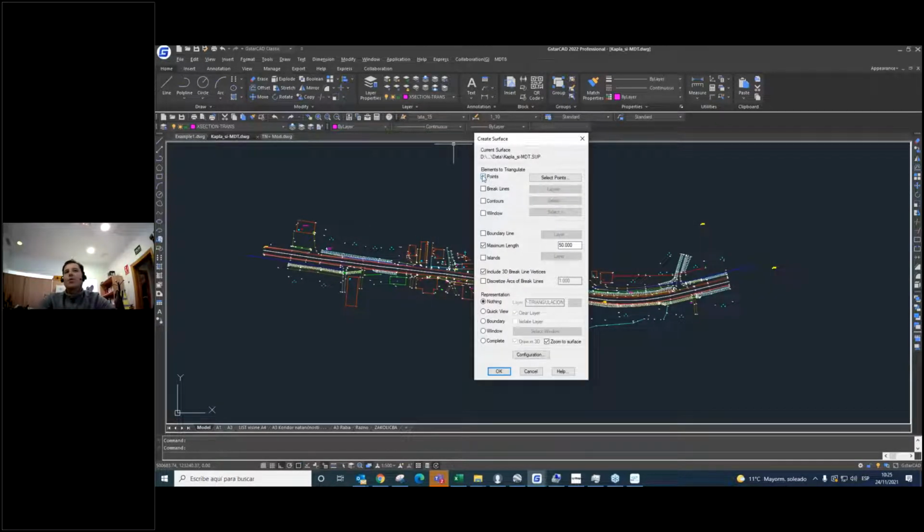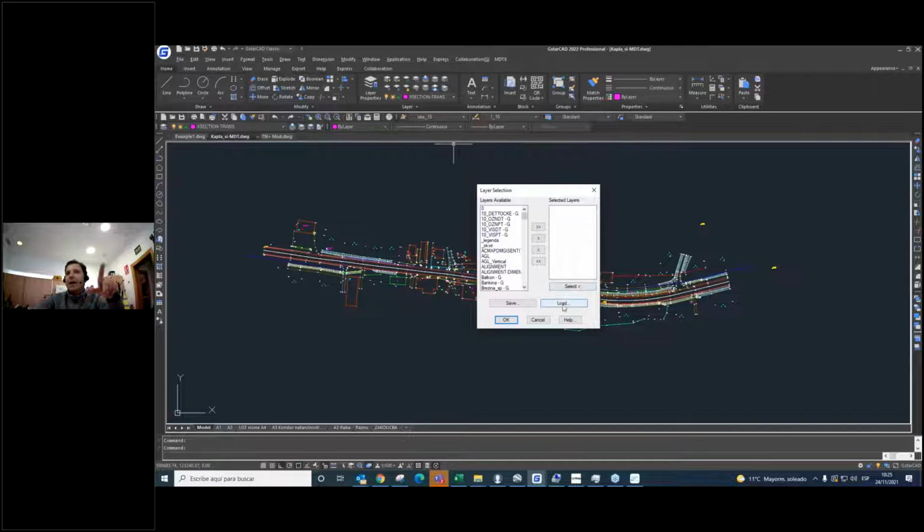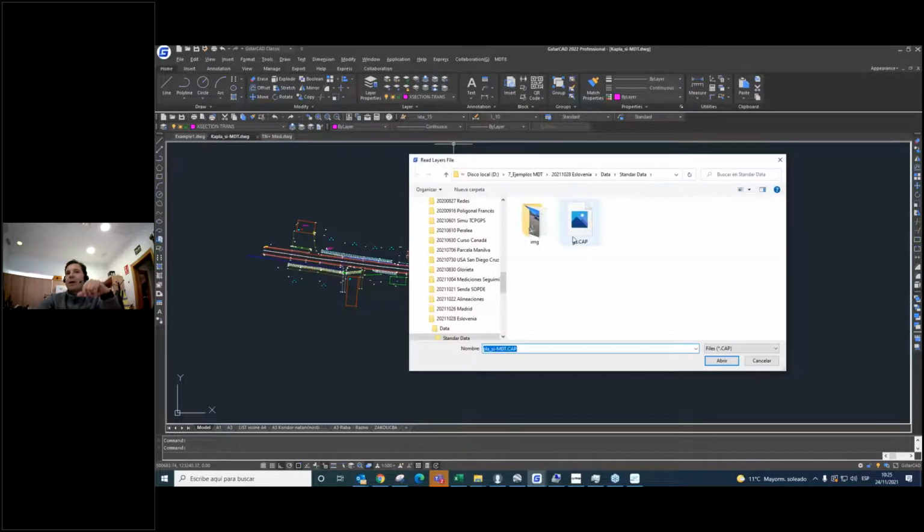And now I'm going to tell the software I'm going to use the points and some break lines, 3D polylines, to arrange how to triangulate the surface. In this case, I'm going to select the layer. I'm going to load one file like this.